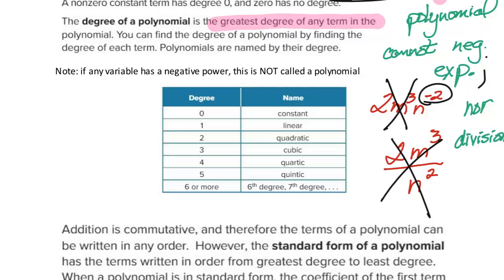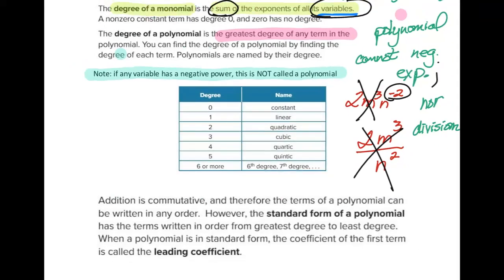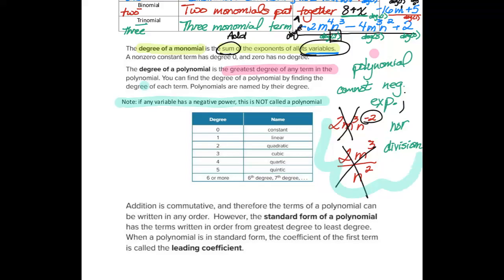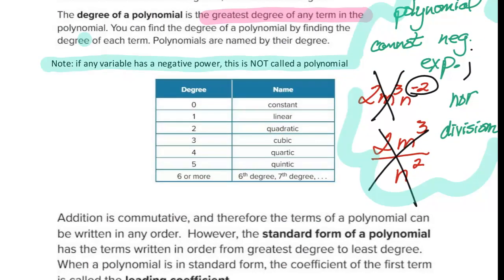Polynomials are also named by their degree. And here, I see where that is. This is where it says, if any variable has a negative power, it is not a polynomial. So that's what we were talking about right over here. Okay? All right, so if something has a 0 degree, then that is just called a constant. It is the individual number. Okay? If something has a degree of 1,